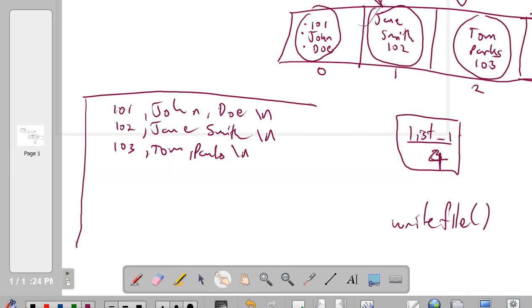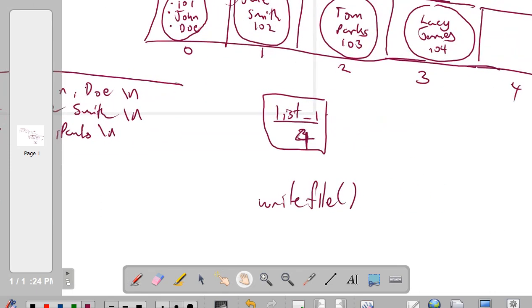What should I do for this one here? How do I know that this is the last one? It is the value of list at position I minus 1. So the last one is going to be, this here is equal to list at position I minus 1. So I now could say if list at position I minus 1,